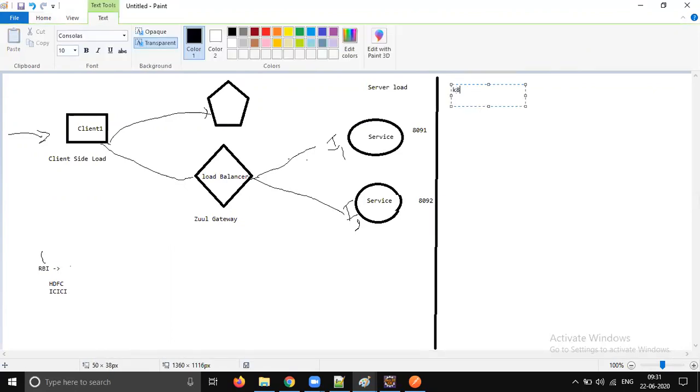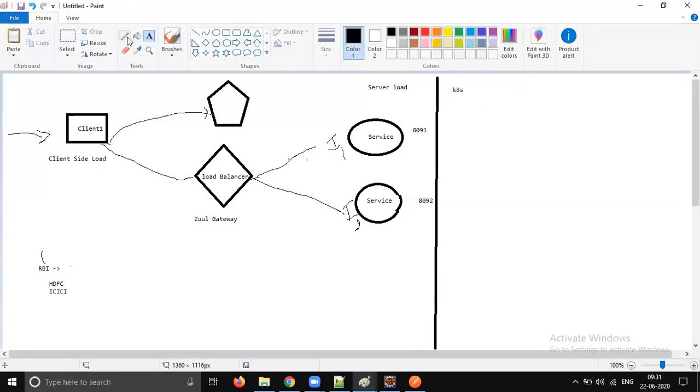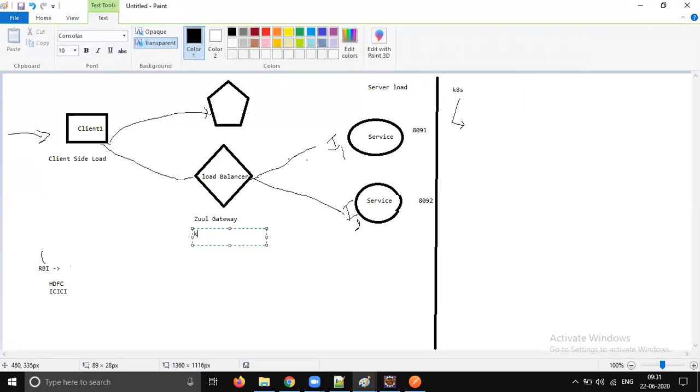The Kubernetes load balancer is much more powerful and controllable than the Netflix Zuul Gateway. So when you are learning Kubernetes and DevOps, you should also consider learning load balancing for these microservices. It's the same concept. Instead of Zuul Gateway, here we will install the Kubernetes load balancer. That's it. Zuul Gateway is from Netflix, Kubernetes from Google.